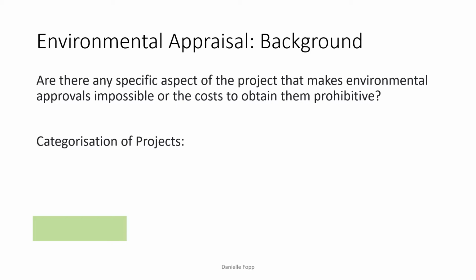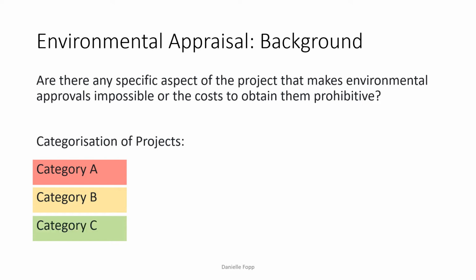In some countries and organisations, a project's funding or bank loans will also be attached to an environmental or social categorisation process. The potential project may be categorised as follows. Category A, projects with potential significant adverse environmental and social risks and/or impacts that are diverse, irreversible, or unprecedented. We have Category B, projects with potential limited adverse environmental and social risks and/or impacts that are few in number, generally site-specific, or largely reversible.